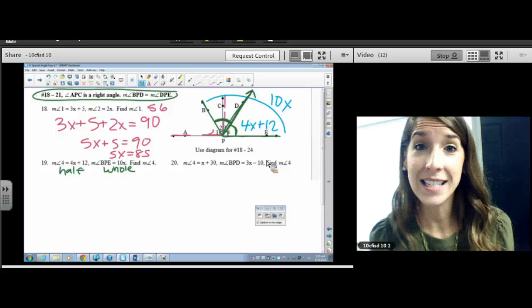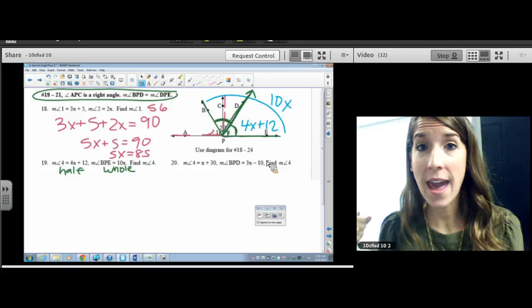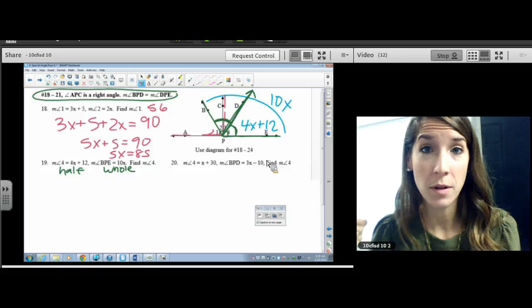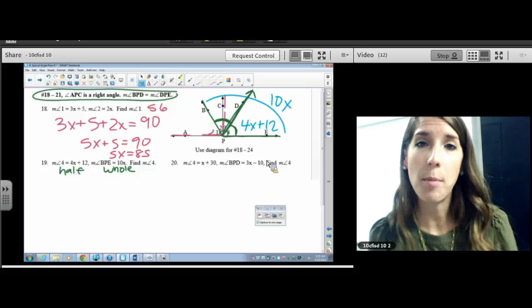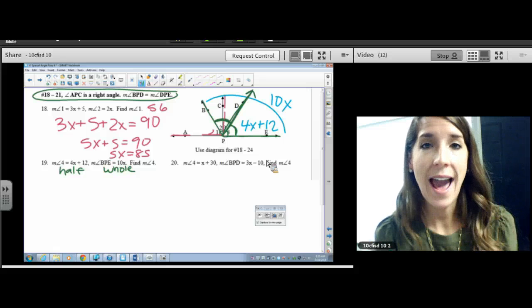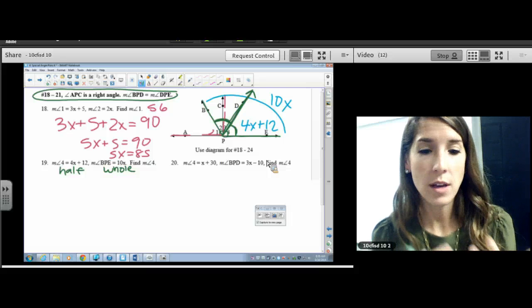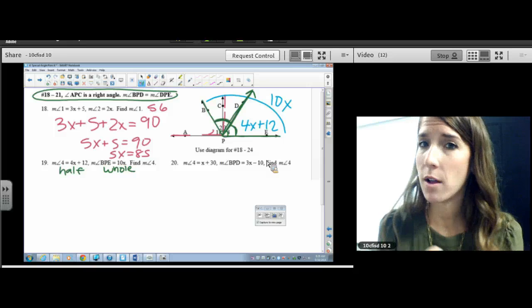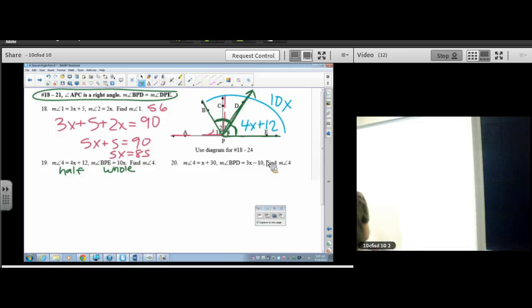Well, I could take Hallie's and I could take half of them away. I could divide hers by 2. Or I could take Annabelle's and I could double hers. So the same choice is yours. You can take the half and you can double it to make it equitable, or you can take the whole and you can divide it by 2. I like working with smaller numbers rather than bigger numbers, so I'm going to take the whole and divide it